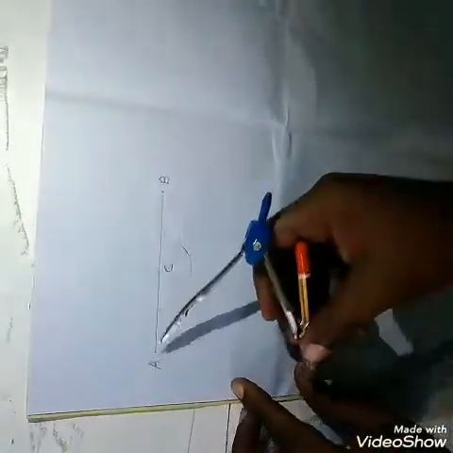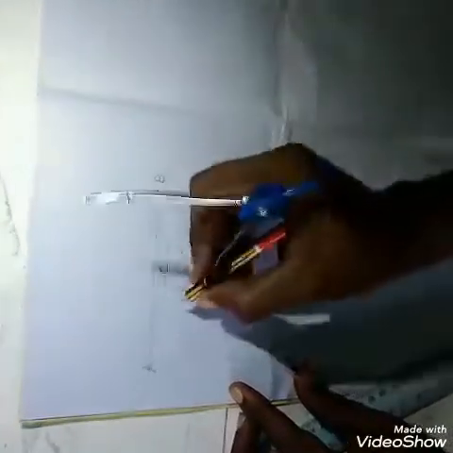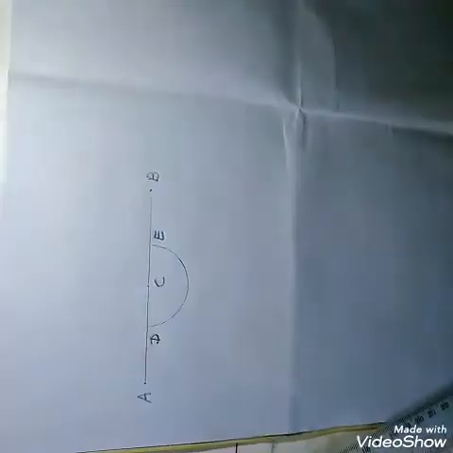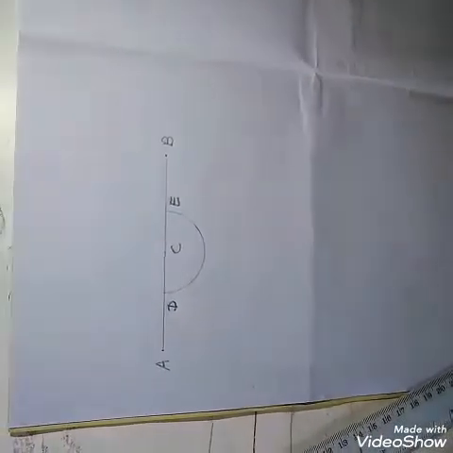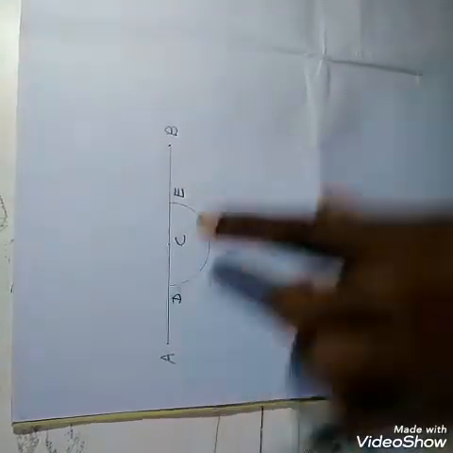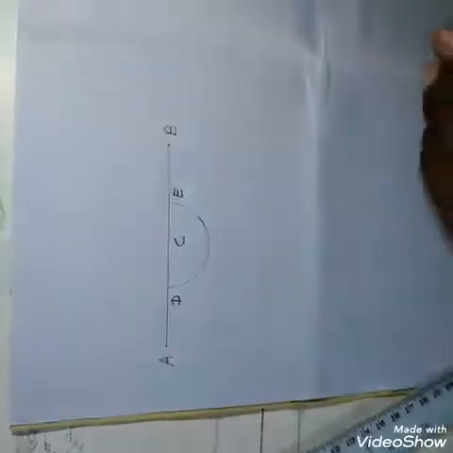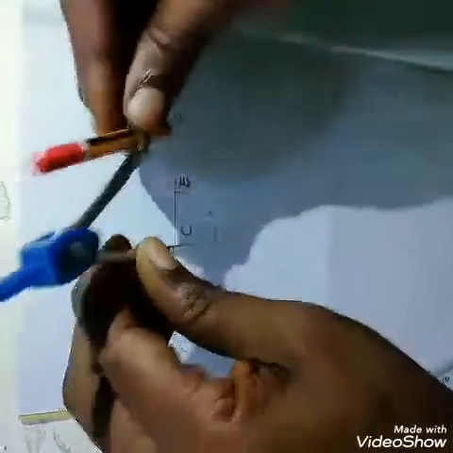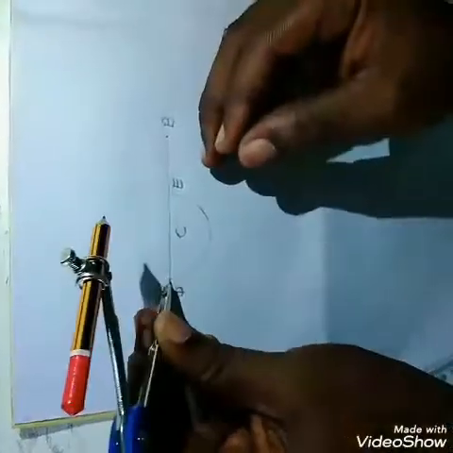Now you have A, B, C. The next letter here should be what? D. And what? E, as if you're just counting your usual ABCD. Now, having done this, the next thing you're going to do is to center at point D and E, with any convenient radius. What I mean by convenient radius is any space you can create. So center at this point, center at this D,